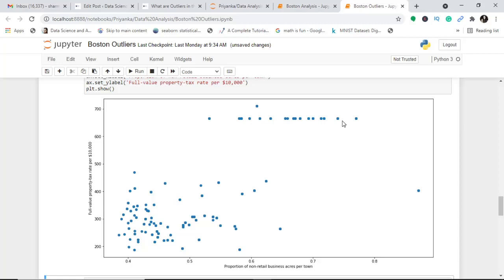This is the full value property tax rate per $10,000 and the proportion of non-retail business acres per town. Few of the values are lying over here. So I don't find any particular specific pattern, but what I can infer is that yes, when you've got this